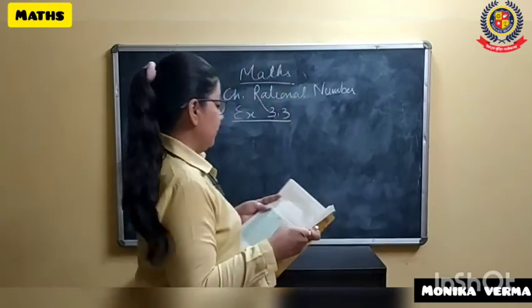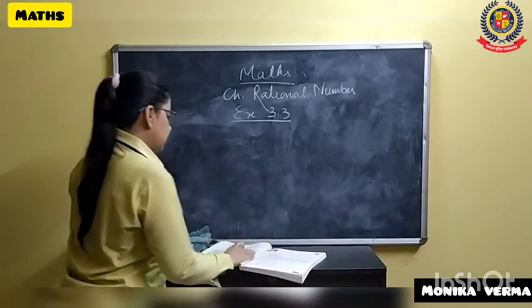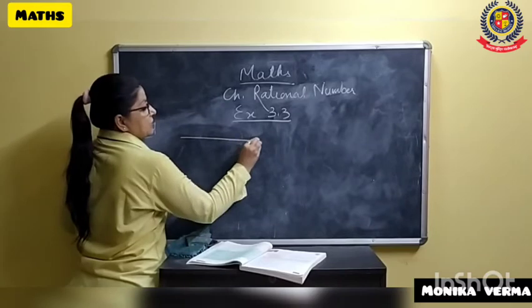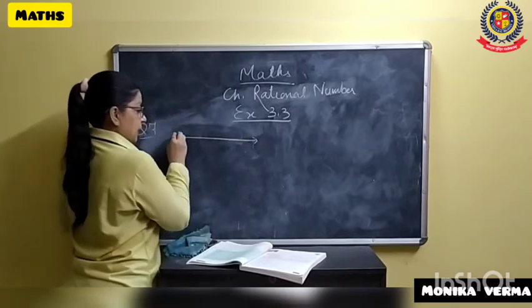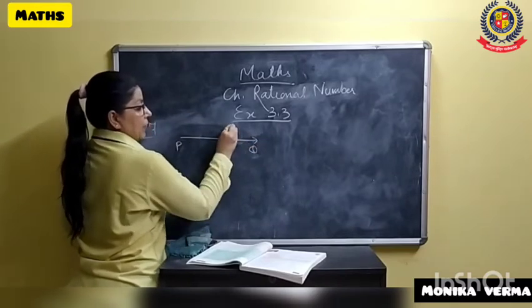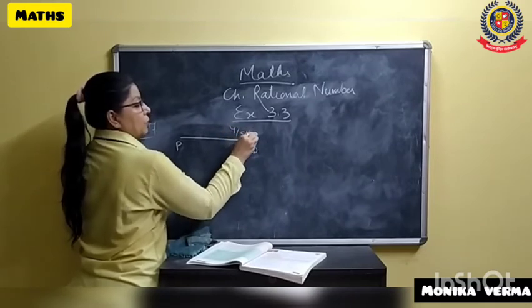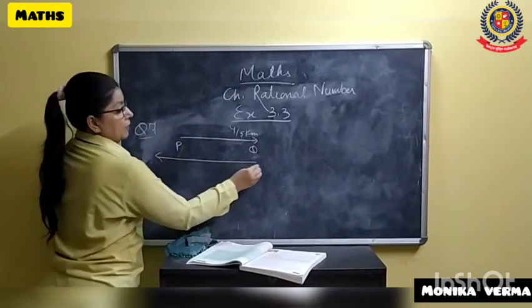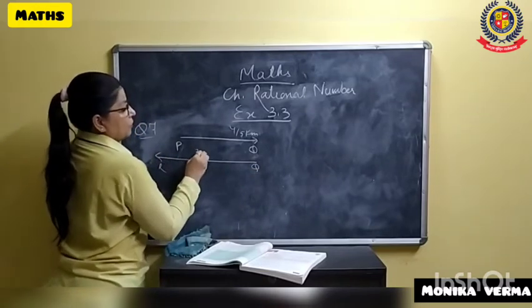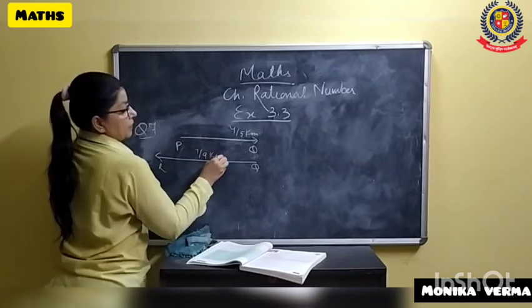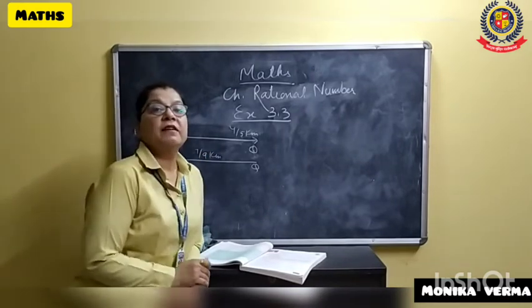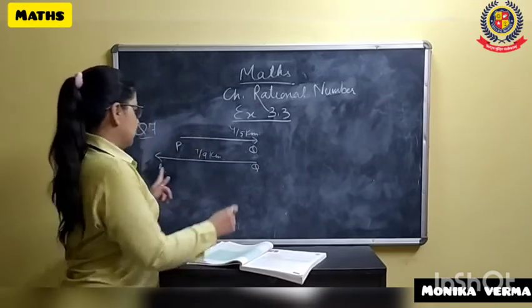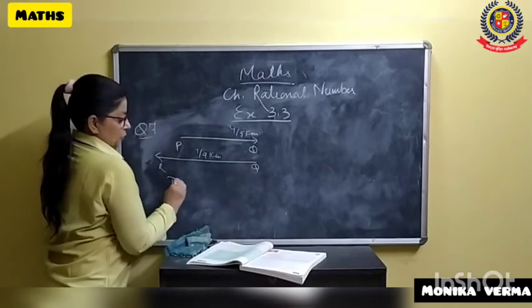Okay. So now we have the question number 7. Rajat moved 4 by 5 km towards east. Whenever we have to move east, we will move towards right. He starts from P and reaches Q. And how much distance? 4 by 5 km. Then from Q he moves to R. This is again Q, this is R. And how much distance has he covered? 7 by 9 km. Now he has covered 7 by 9 km. Now what is the distance between R and Q? Distance between R and Q?